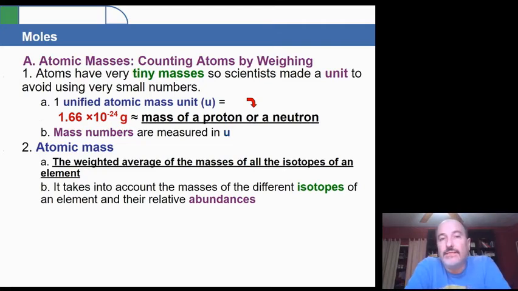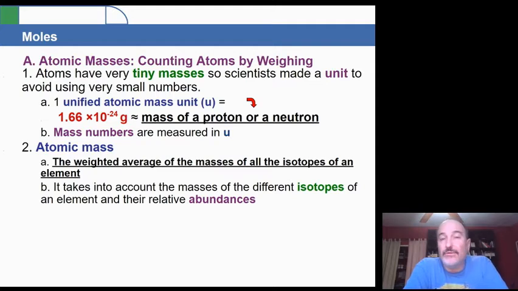For example, one is carbon-12. It has 6 protons and 6 neutrons for a grand total of 12 U's. But there's also something like carbon-14. Carbon-14 has 6 protons and 8 neutrons. It's still carbon because it has 6 protons. That's what defines what an element is, the number of protons. So you would say that it has a mass of 14, and its number, C or carbon 14, indicates that mass. Well, when you look on the periodic table, the number that you look at there for